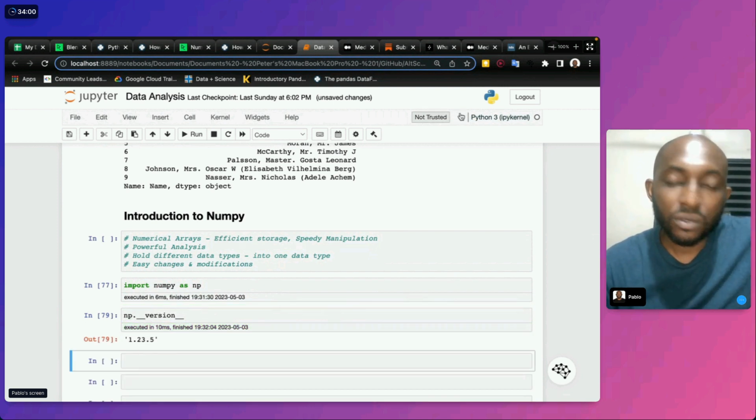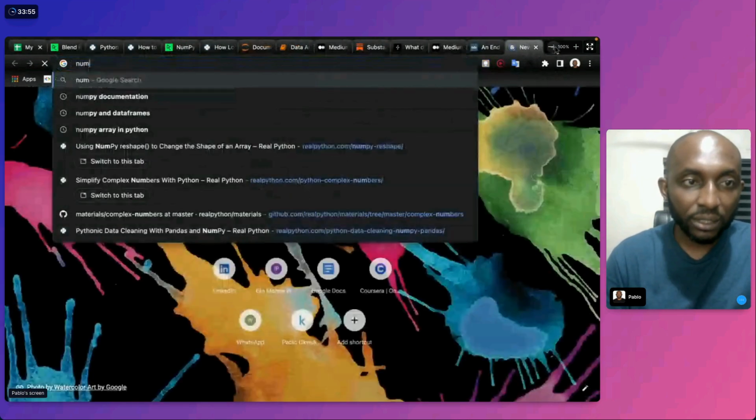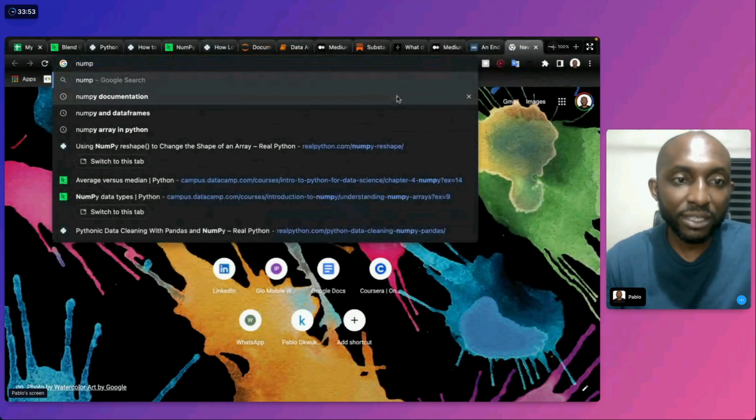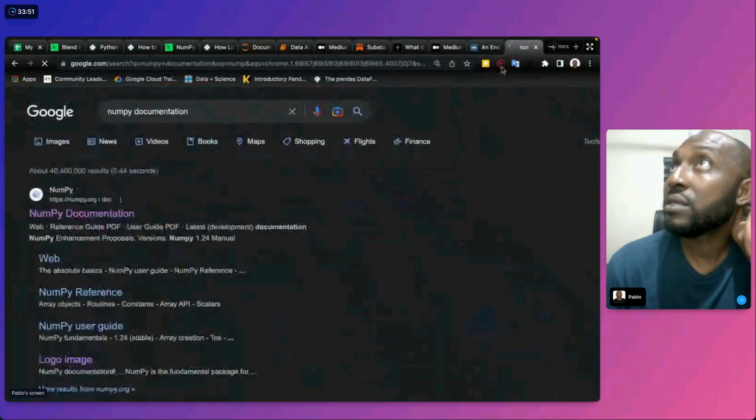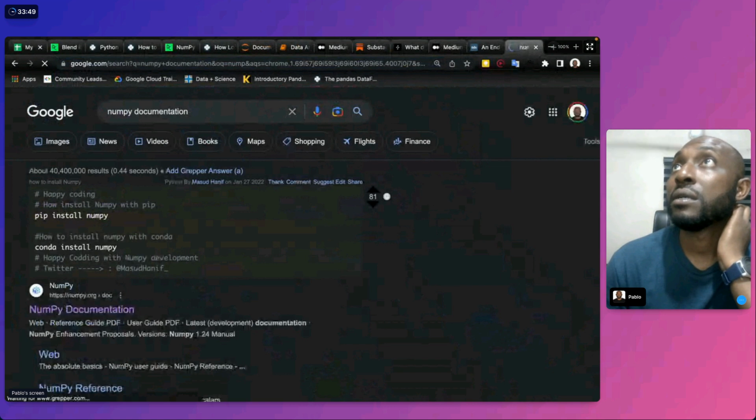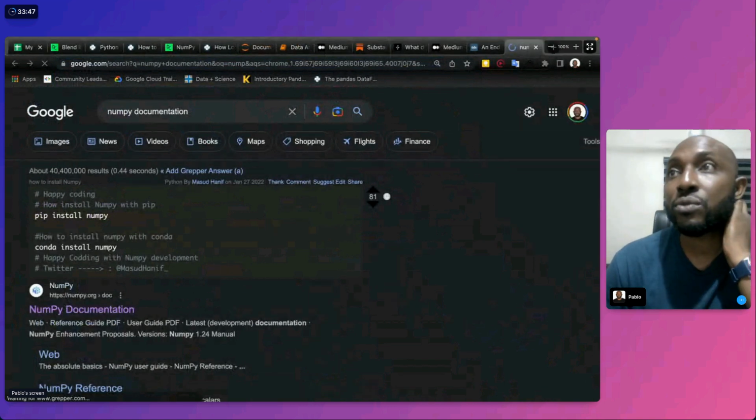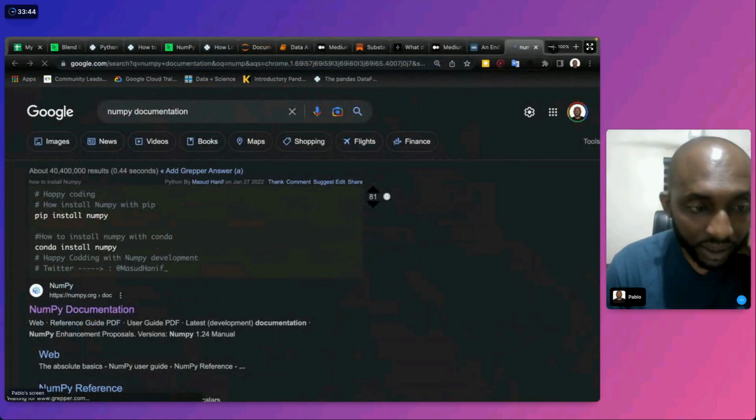I'm using NumPy 1.23.5. And if I come here and type NumPy, there's documentation, and you can see the documentation here, which helps you make sense of what it is.